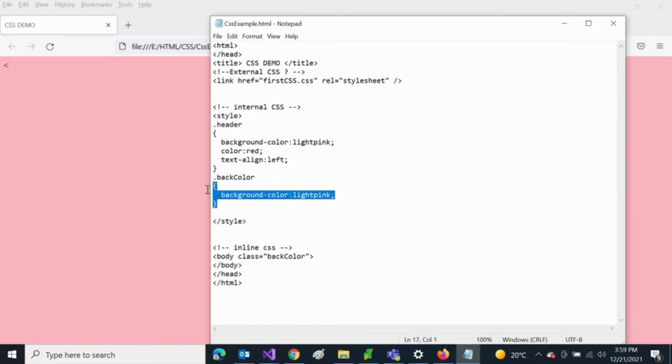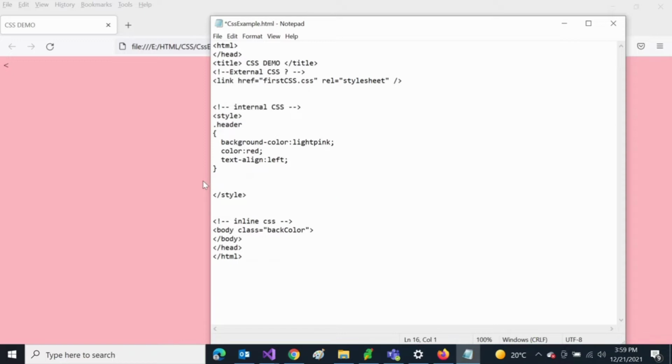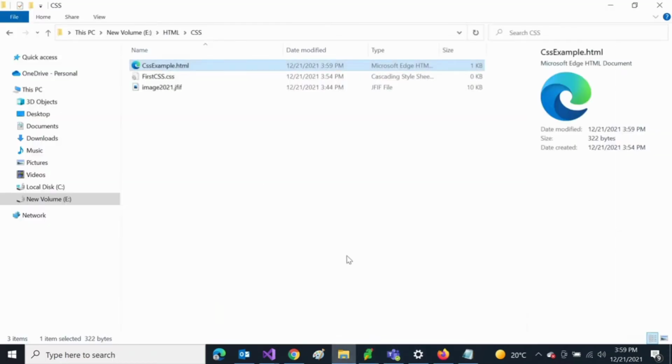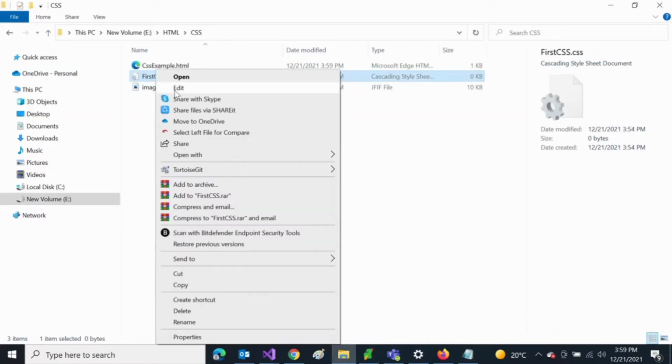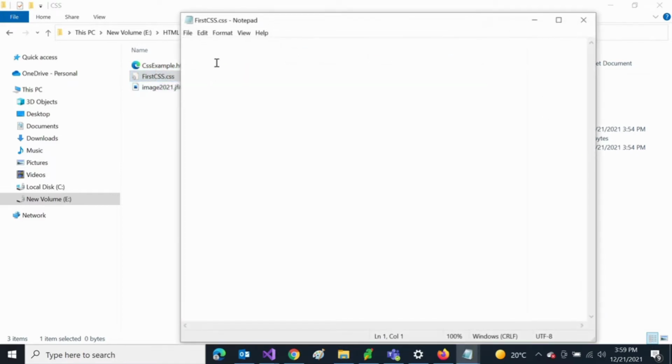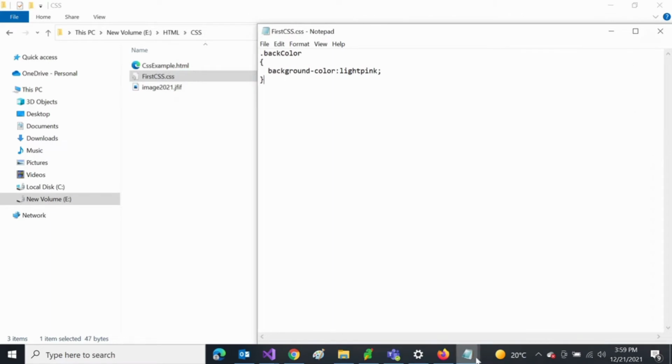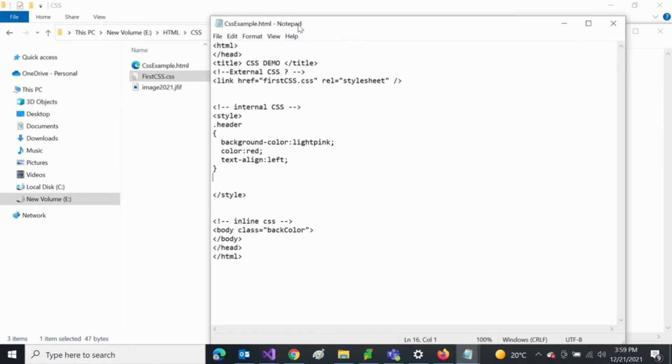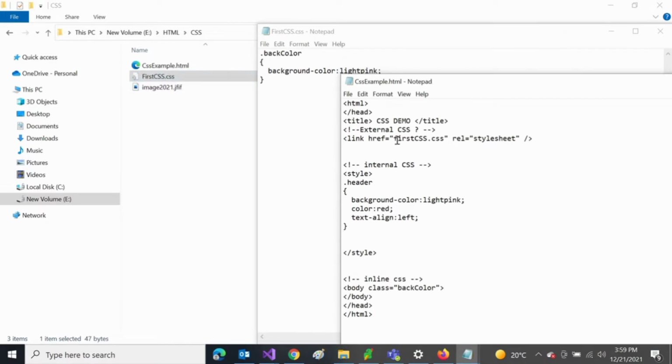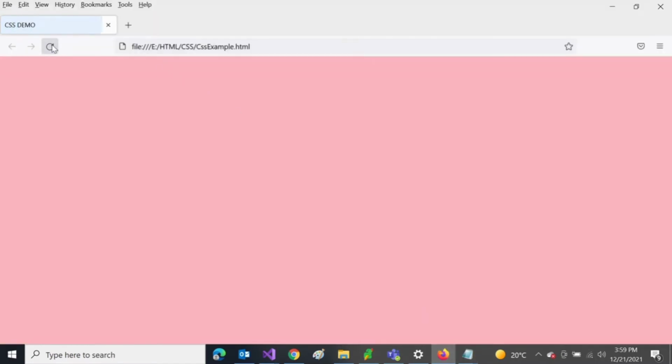We should not be using all of this internal CSS anymore; we should first try to write the back color in the CSS file. So just open it, edit it in Notepad, and write the background color equal to light pink. So we have removed light pink from the inline CSS, but we have moved the back color class to the external CSS. Now refresh it.